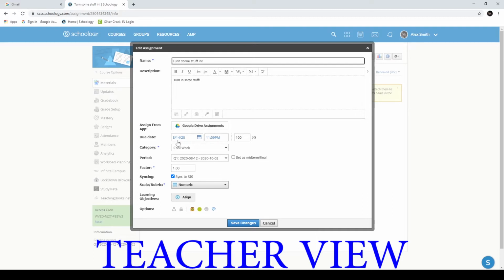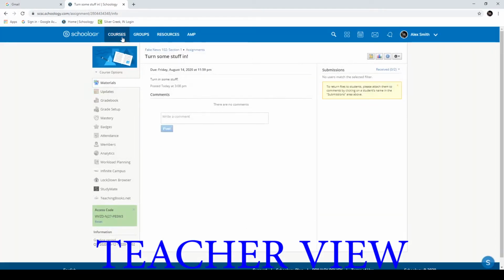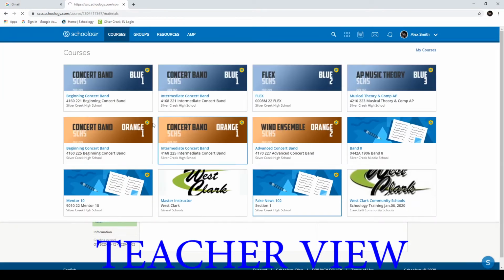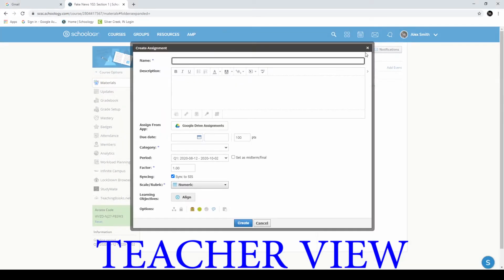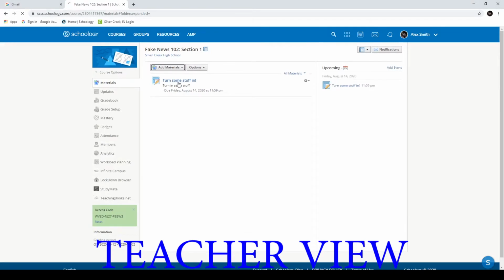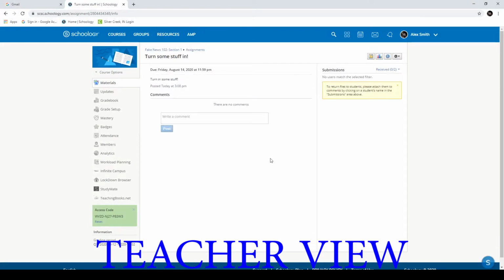I've given a due date, a category, and a number of points. Nothing fancy. I haven't done any other learning objectives or anything fancy like that. And hit Save Changes. I've done that, by the way, just by going in and hitting Add Materials, Add Assignment. That's all that is. So I'll now switch over so you can see what this looks like on the actual